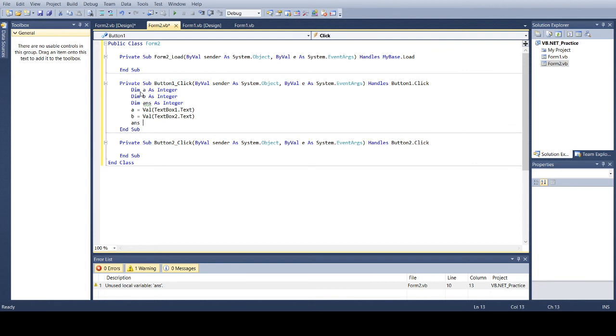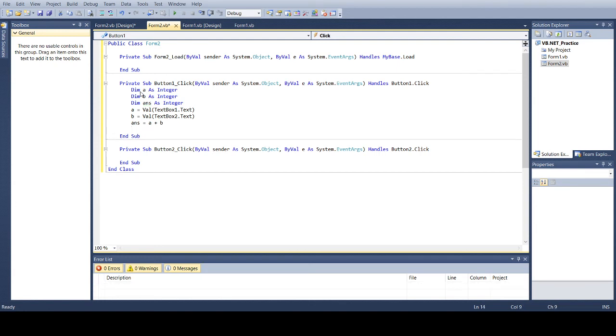Then I will write answer equals a plus b, because I want to perform the addition operation on the values of a and b. I want to display the message, that is the addition of two numbers, so I will take a message box, that is simply MsgBox.